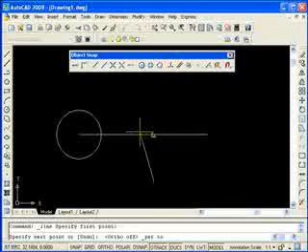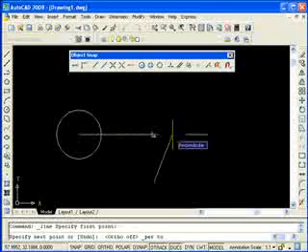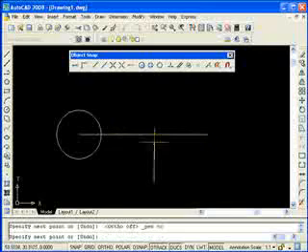Come over here, and notice I can pick anywhere on this line, move my cursor anywhere on that line, and I get this perpendicular icon that comes up telling me that if I click, I'm going to hit perpendicular to that line. Notice I see my indicator. I'm going to be way over here, obviously not perpendicular to the line, right? But if I pick, because I see that perpendicular icon, AutoCAD is going to force perpendicular to